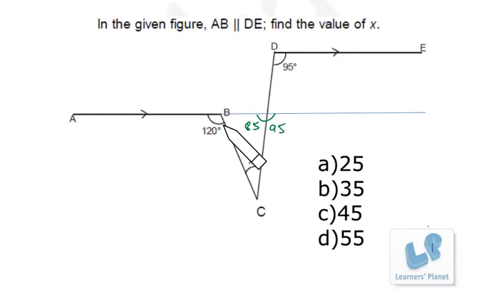Similarly, this is 120 degrees, that means this is 60 degrees. Linear pair, for the same reason. So 60 degrees, 85 degrees. So 85 and 60, 145 degrees is already there. To make the sum of the three angles 180 degrees, we need to deduct 145 from 180. So it comes to 35 degrees. Okay. So that's very simple. We just have used the very simple concept of parallel lines, that corresponding angles are equal. So the concept of corresponding angles and the concept of linear pair, nothing else.